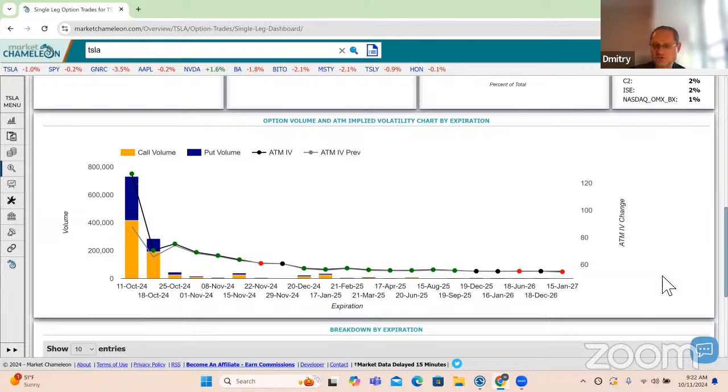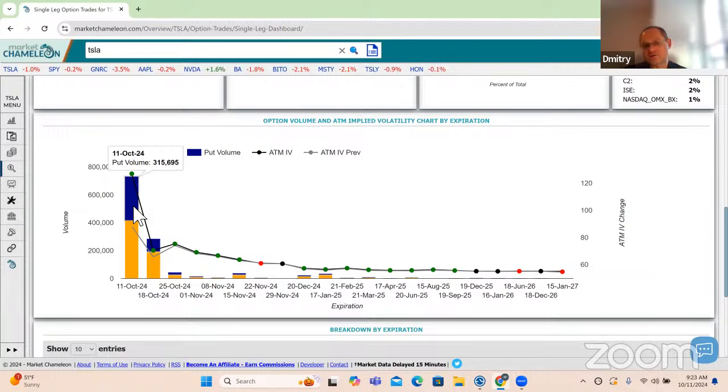of getting executions. So the first part of this chart shows these bars, right? And these bars are by option expiration that are available. So the top bar, the biggest bar here, and you can see it's stacked. The yellow shows the call volume. The blue shows the put volume. So this top one,